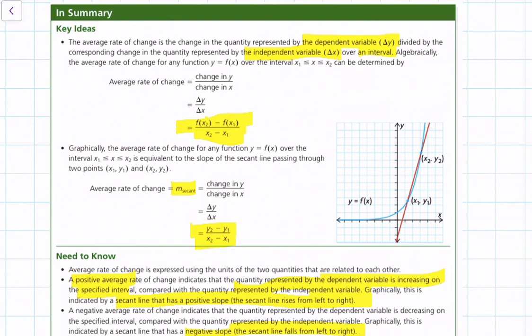So with that, let's look at a quick summary. So the average rate of change, as we know, is a change in the quantity represented by the dependent variable, delta y, divided by the corresponding change in the quantity represented by the independent variable, delta x, over an interval. And we have our 2 formulas here. So the first formula is the algebraic change that you can use, and you have your final value minus your